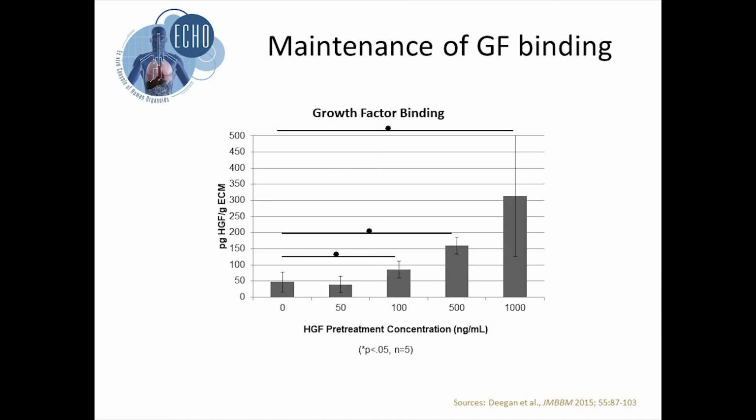Here's some more evidence that the extracellular matrix that is added to our bioinks is binding and concentrating growth factors. This is hepatocyte growth factor, which binds very closely with components of the extracellular matrix. And you can see that if we take this matrix and incubate it at increasing concentrations of HGF, and then wash until we don't lose any more HGF, you can see that it does bind the growth factor and doesn't